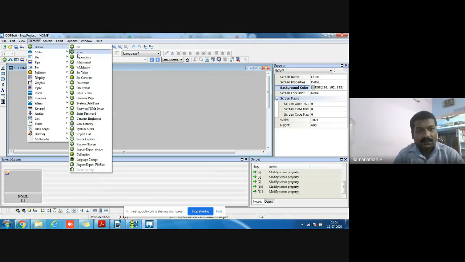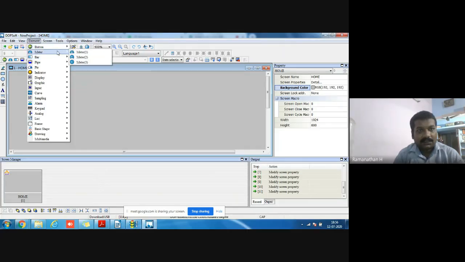So here are the buttons, and here are the meters and bar graphs and pipelines, the pie graph, indicator, multi-state indicator, range indicator, display. In the display, the numeric display, character display, date display, time display, text input, numeric entry, character entry, barcode entry.